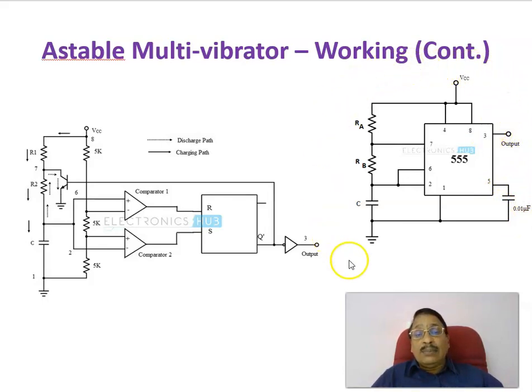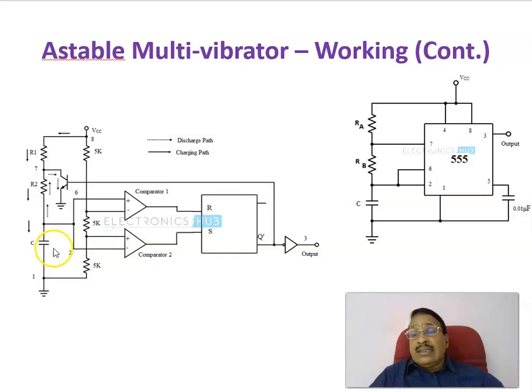The output is available at pin number 3. Therefore, this is an astable multivibrator in which, during the charging process of the capacitor, the capacitor voltage changes from 1/3 VCC to 2/3 VCC. Here the capacitor is charged from VCC through RA and RB, so RA, RB and C form the charging path. During that period you will be getting a high output voltage. Once the voltage at this pin reaches 2/3 VCC,